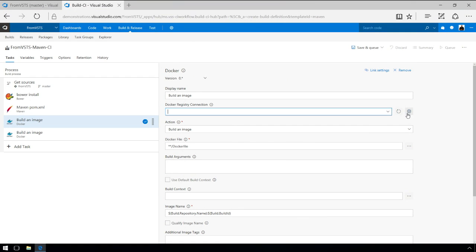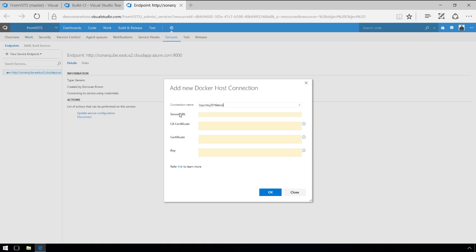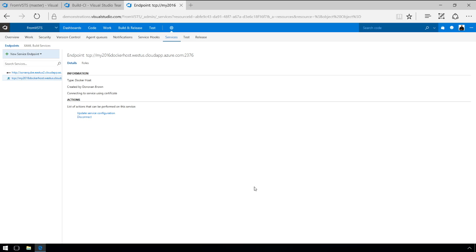So just like I did before, I'm simply going to click on the gear. From here, I'm going to choose to create a Docker host connection. And I'm just going to go ahead and enter in the information here. So I'm going to put in the Docker host URL and the name. And now what I'm going to have to do is create my certs. Well, I've already created them, but I need to connect them because my Docker host is secured. And for us to be able to talk to it, we need to make sure it knows that information. So what I'm going to do here is just copy and paste in my information. And now with that information copied and pasted, I can make a secure connection between Visual Studio Team Services